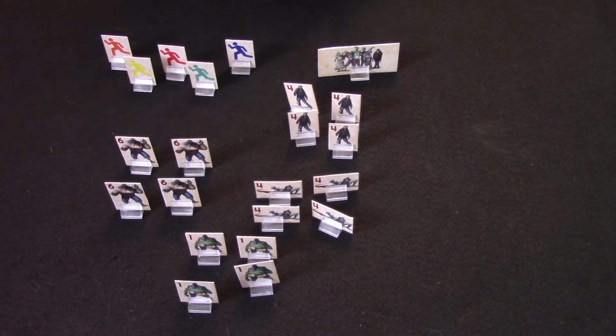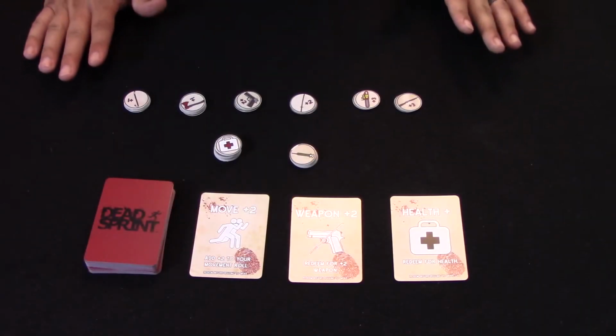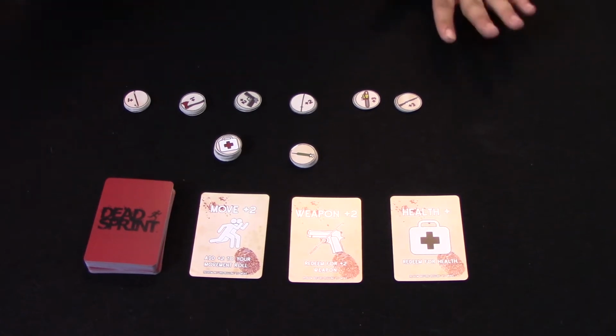You move back to the original space that you were in, and your turn automatically ends. Even if you have movement left, you don't get to try combat again or anything. And here we have all the tokens that you get with the game, or at least we got with the